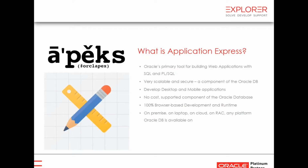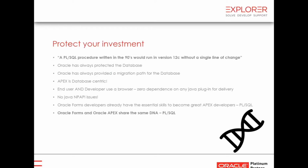And the beauty of it is, whether it's on-premise, on a laptop, on cloud, or part of using any component or platform that the Oracle database will run on, so will Apex, because it is purely a component of that database. And most relevant, really, is this slide here for Forms people,